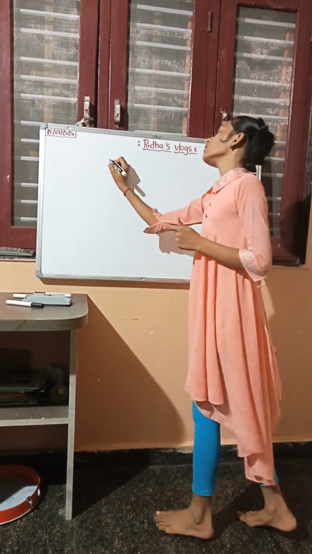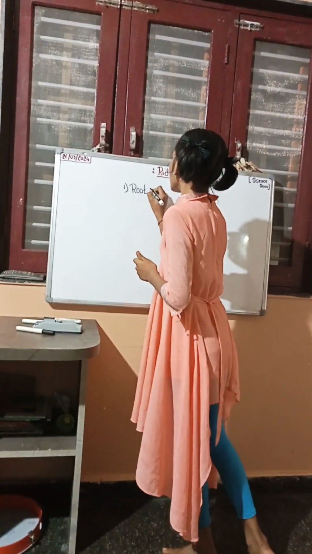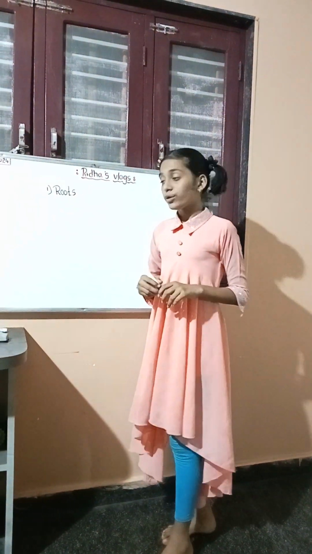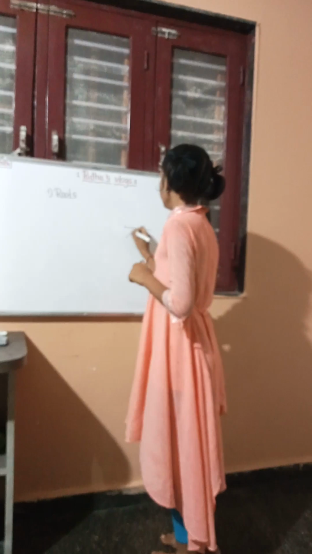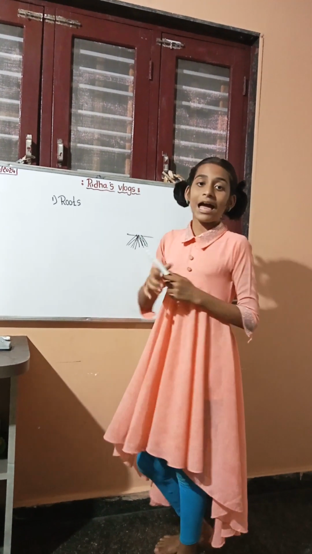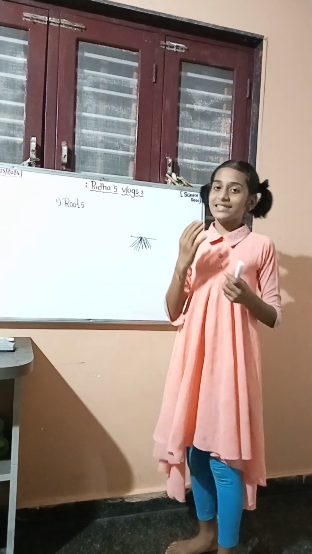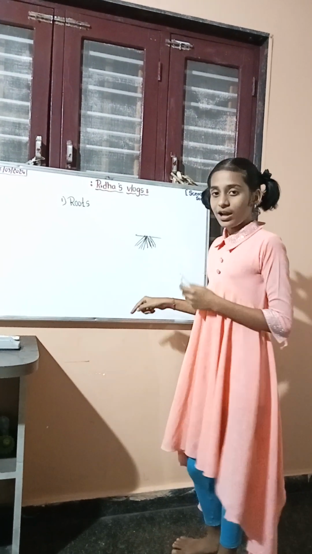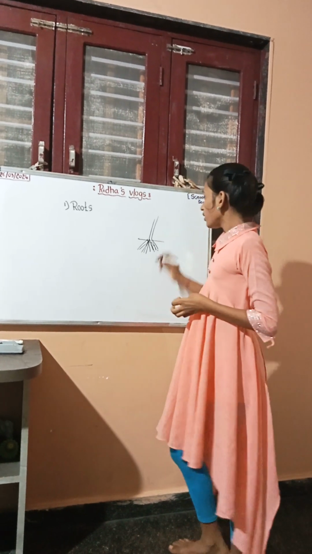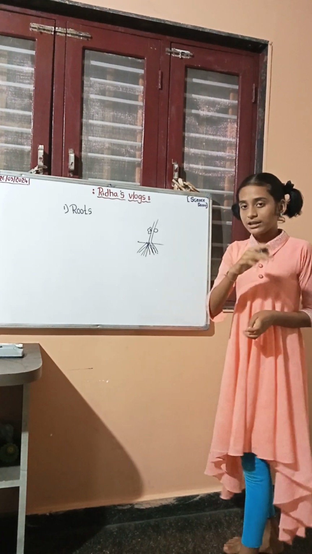So first, roots. Root is a part of a plant where roots grow under the soil. Some of you may be confused in the morphology topic about roots and stems. You can see here, roots grow under the soil, this we know. If the plant is grown, some will bear fruits, some flowers and stem, or whatever, all the